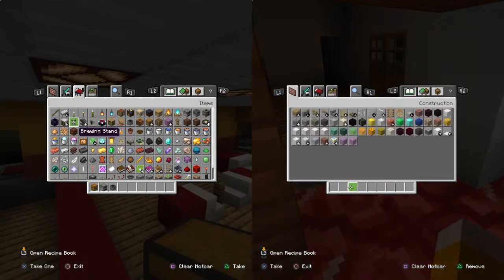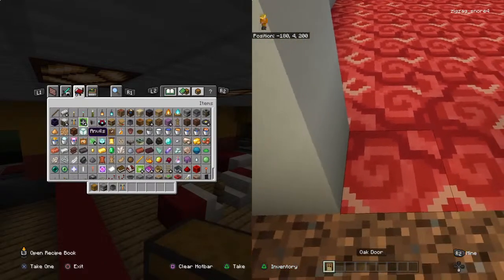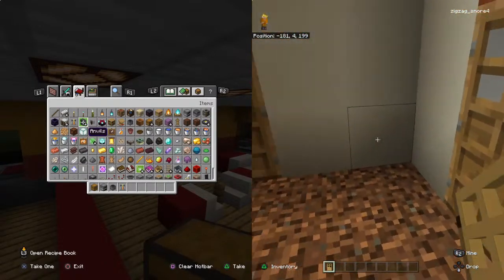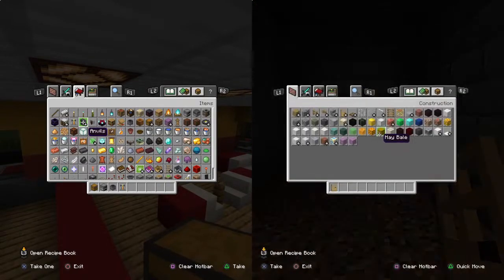There we go. Now I need some doors. I'm going to put some doors on here just in case. And the rest of the shops are here. And I don't know what to do with this. So, do you know what? I'm just going to...